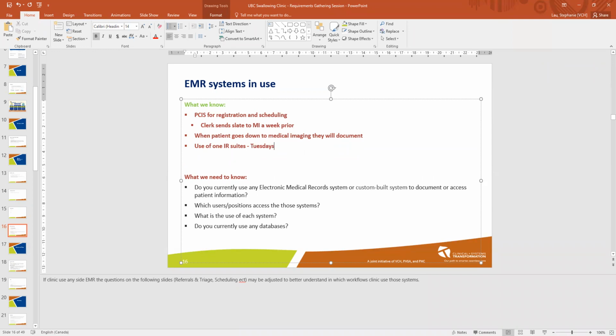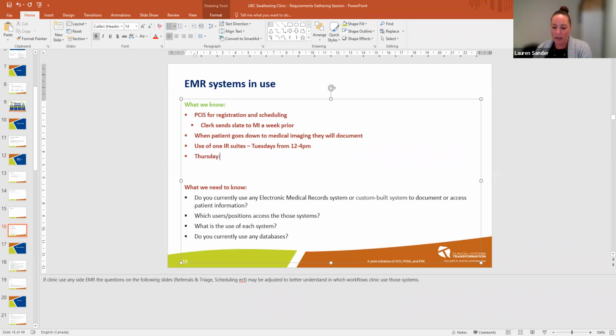Hi, Lauren, it's Calvin from MI. Hey, Calvin. So you give a heads up to MI just through a slate? And then on the day of, you put in the requisition? No. On the Thursday, an email is sent with the patient requisitions and the slate for the swallowing clinic patients directly to the booking clerks, and then they're able to enter it in the system. Perfect. I just want to make sure we get the requisition as well, along with the slate. Yeah, absolutely. Awesome.